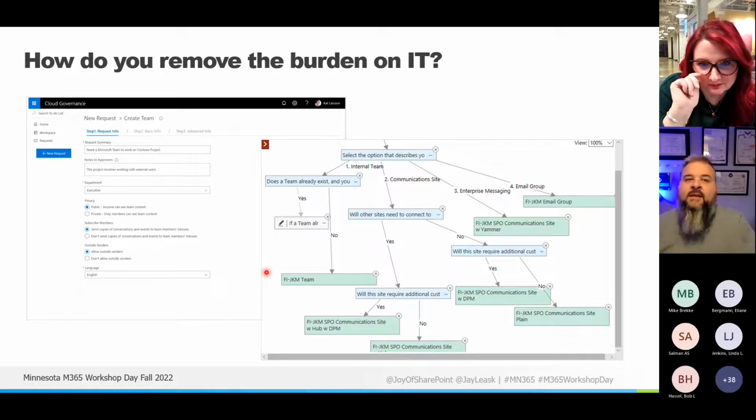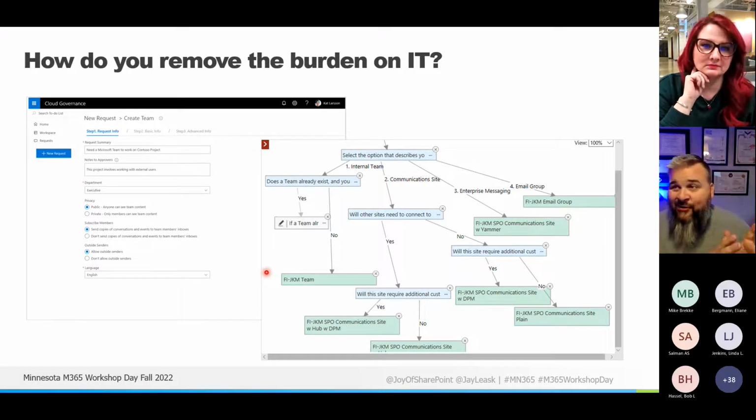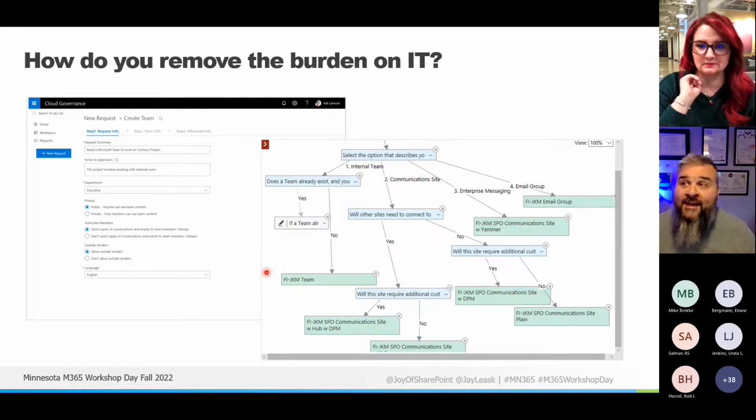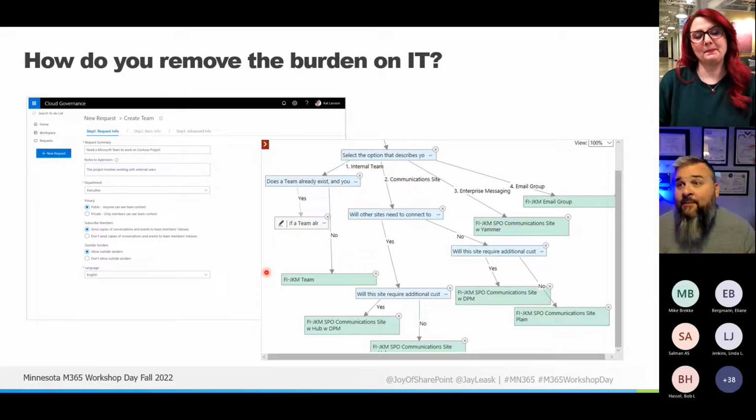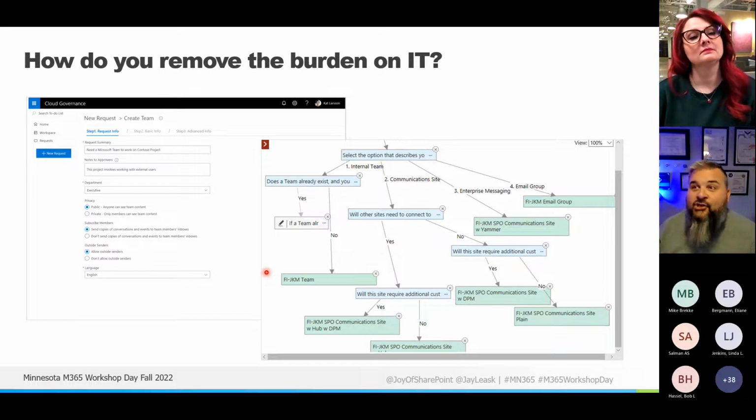Things along those lines. That method of asking your questions and then directing people to the right places, all programmatically, means, yes, there's an effort to stand it up in the beginning, but that means IT isn't checking every single time something comes in. They are not coming up against another time where they have to ask 17 questions to the user and then go in manually and check these boxes. And then probably a couple months later, going in, making sure someone didn't change it, right?